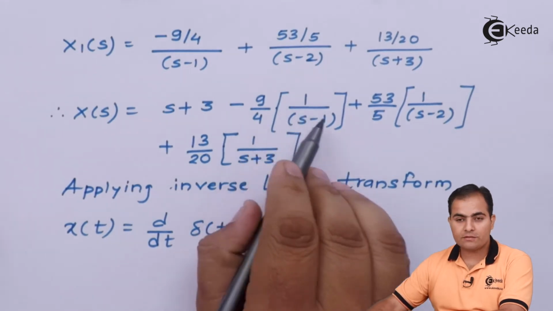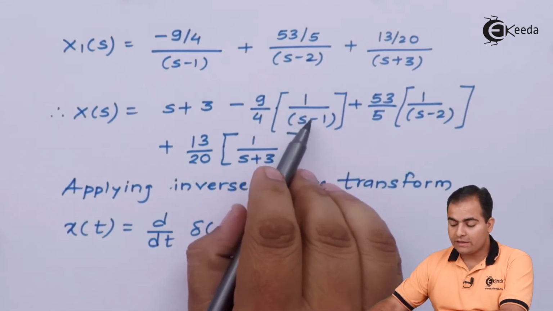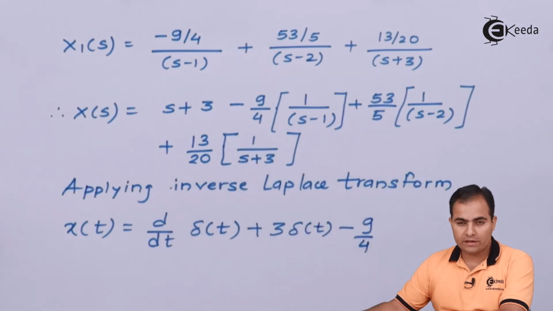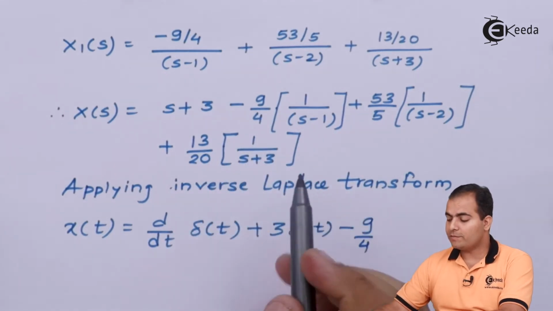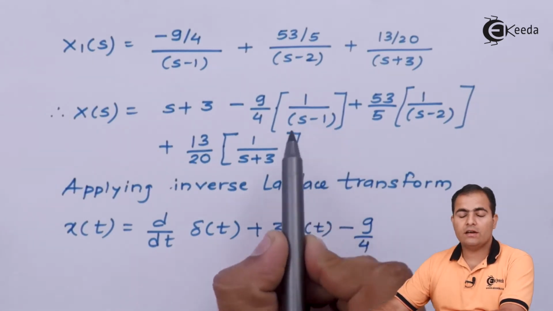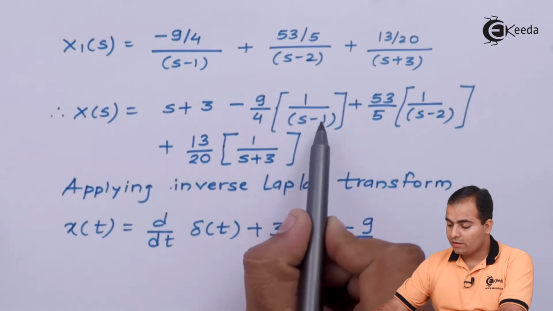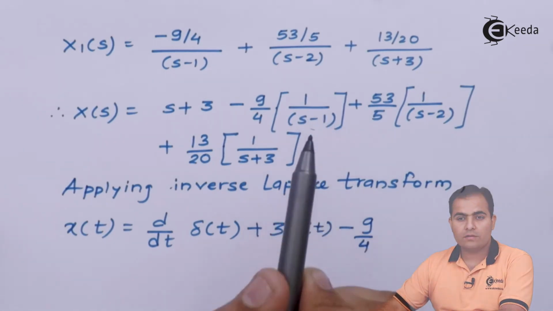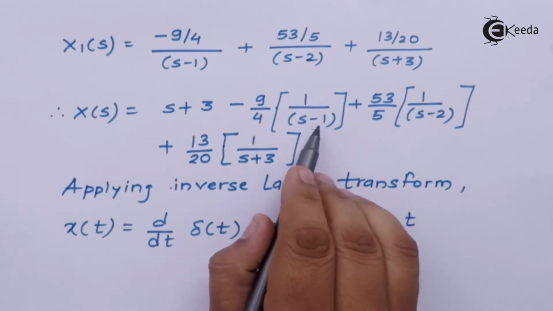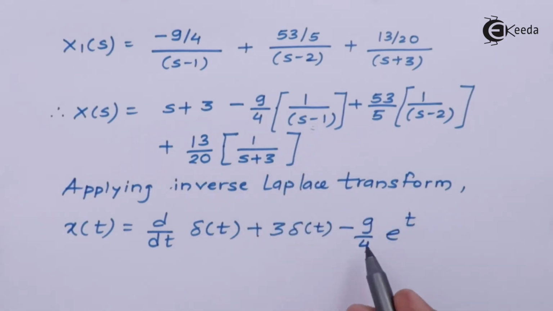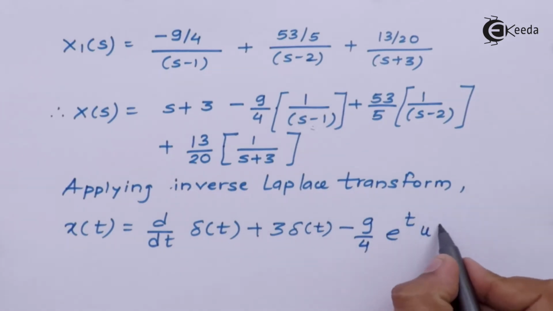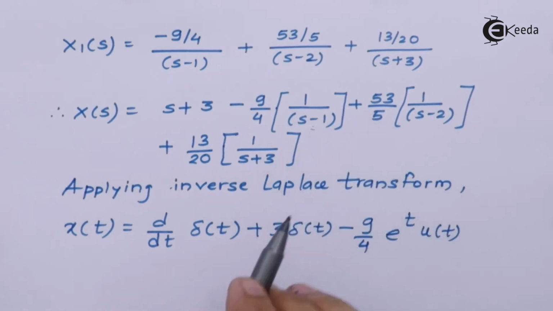Here we have 1 upon s minus 1. As we know that here the s in all the brackets, s is delayed. So we'll take the help of frequency shifting property, which means we have to multiply the t value, which is in numerator part of exponential, by opposite sign value of minus 1. So this t is multiplied by opposite sign value minus 1, opposite value is plus 1, so e to the power t, and then what we'll have 1 by s, which is nothing but unit step u of t. Then our next part,